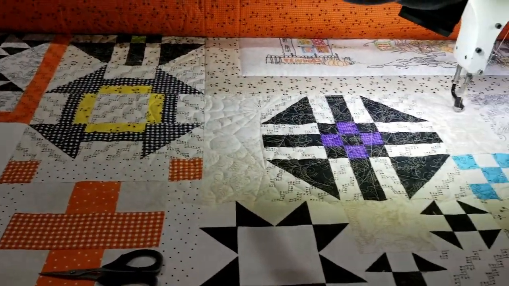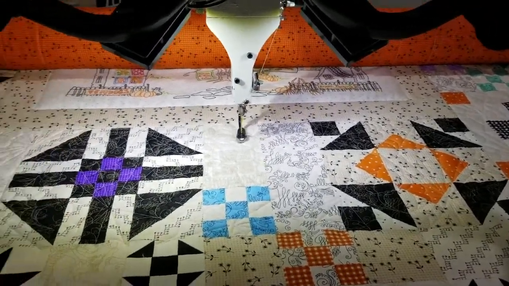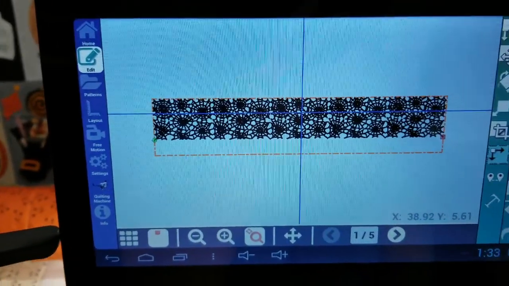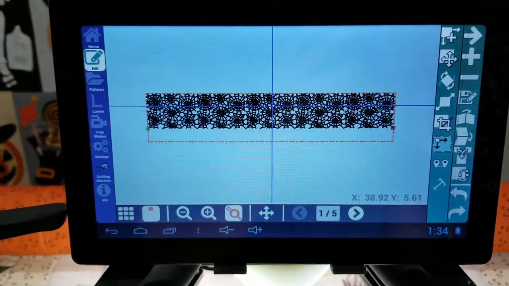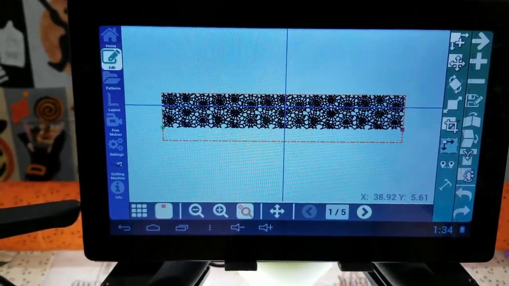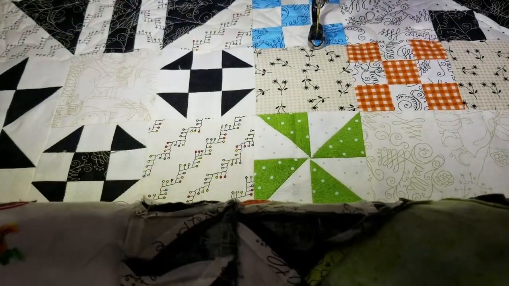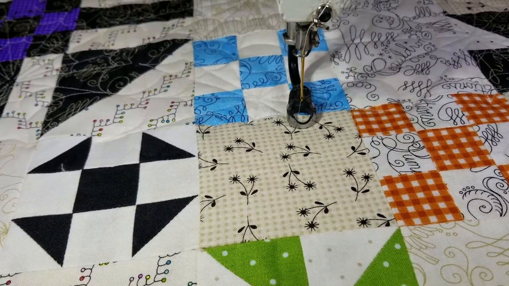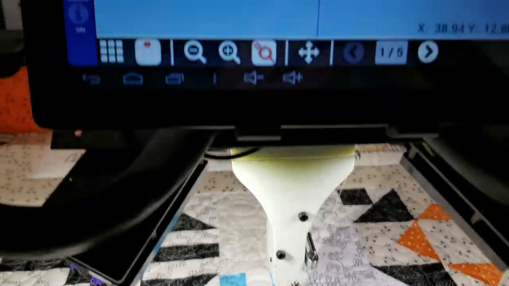Okay, so we just finished quilting out the row. You can see that it quilted everywhere except for the cropped out blocks. And then on the screen, I already went into edit and did an undo. Sorry, I didn't show you that. I got into my get this quilt done mode. So let's just show you how to nest. So we're just going to come down to the bottom part of the design so you guys can see. I'm just going to put my needle down,